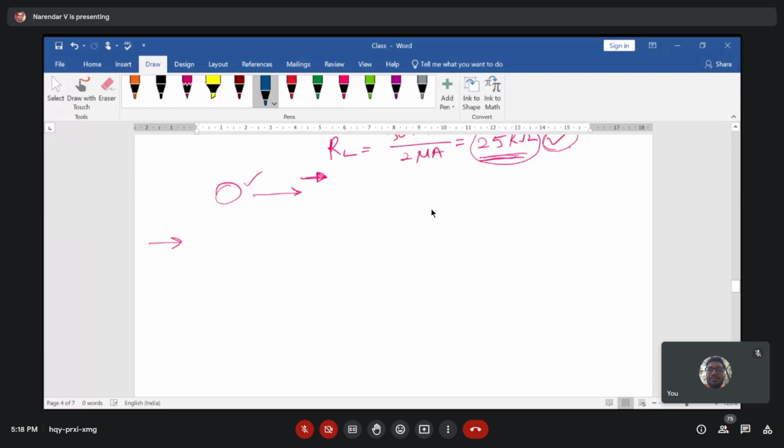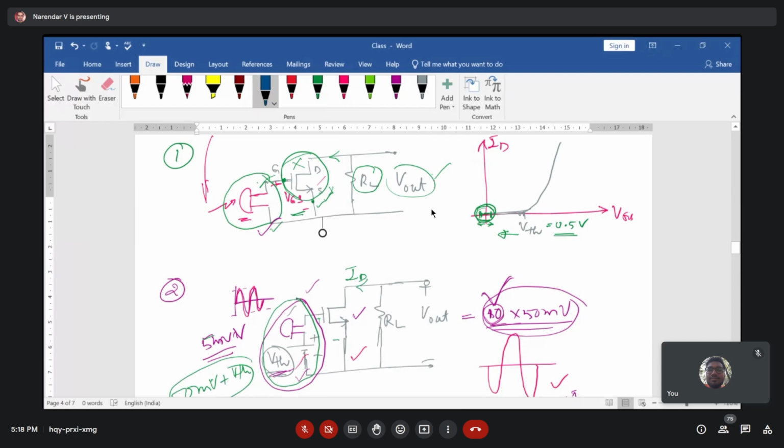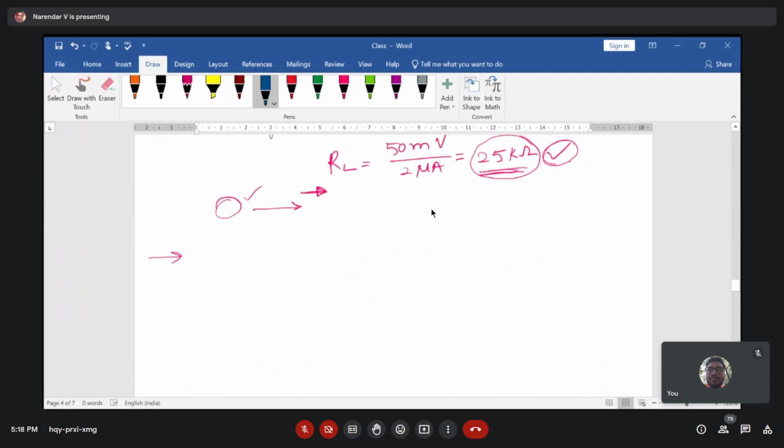So what you can notice here is that biasing is essential for an amplifier, right? And the other point to be noted here, the first point, is that